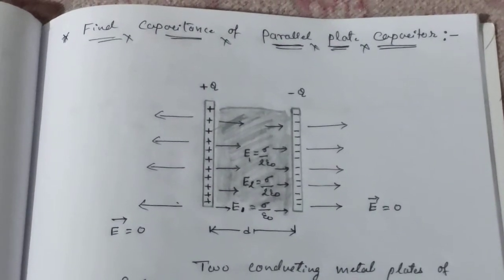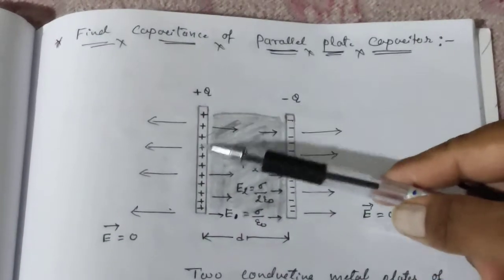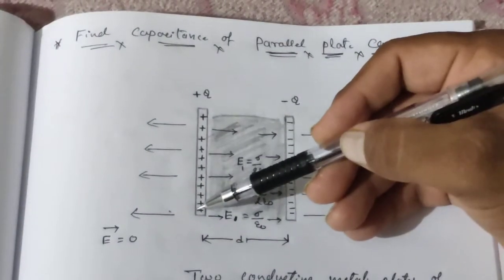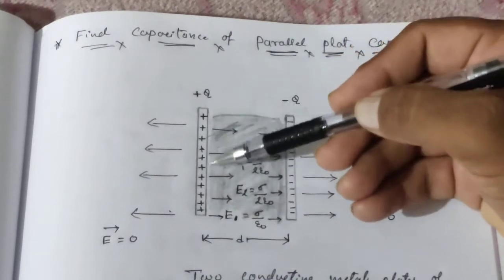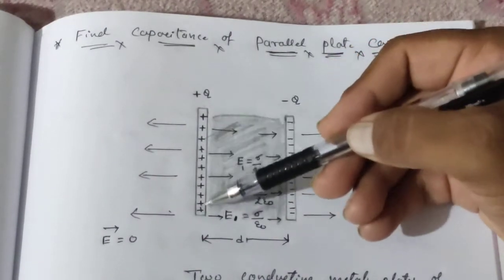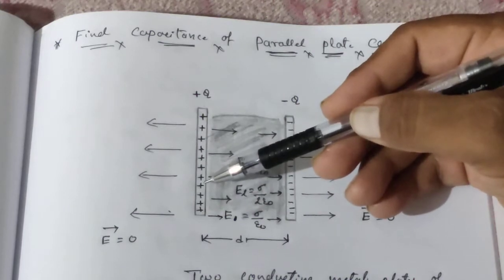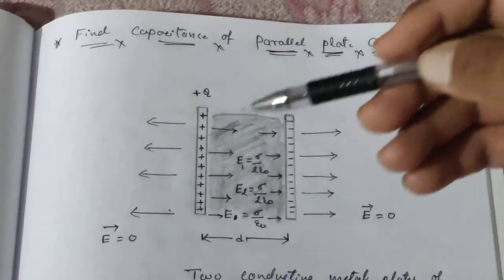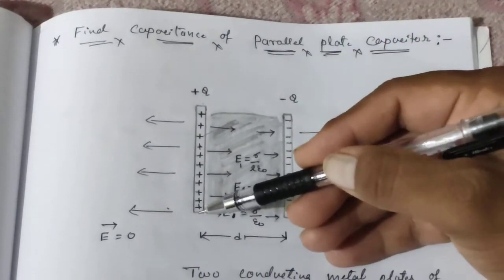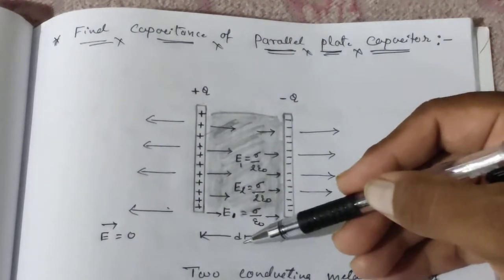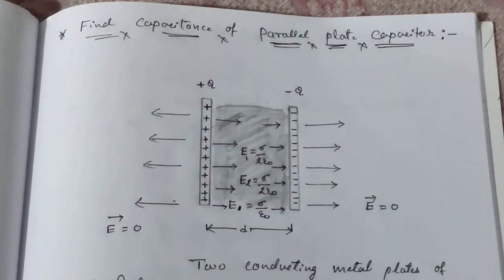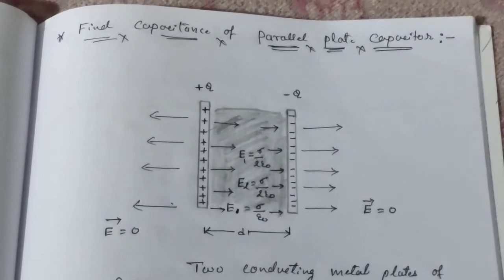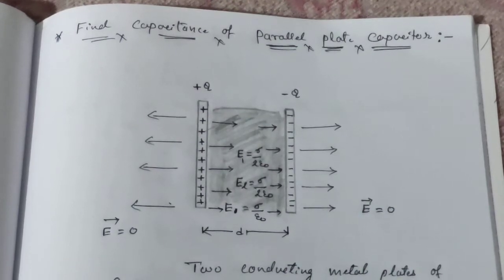Fine. Now over here we have another theory. As shown in the diagram, this is a plate having area A. An identical plate we are going to consider over here. The first plate is this one and the second plate is this one. The separation distance from the first plate to the second plate is a small d. Over here we are going to find the capacitance of this capacitor. Since both plates are parallel to each other, this capacitor is known as a parallel plate capacitor.